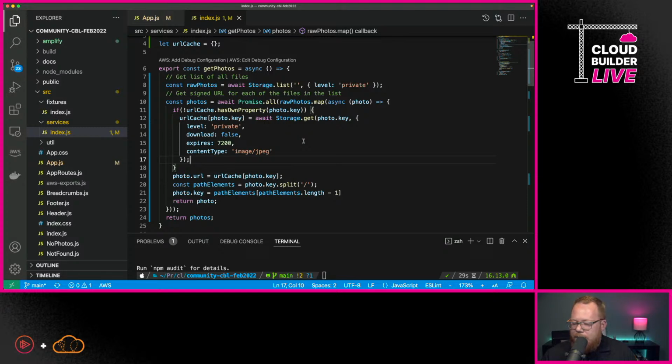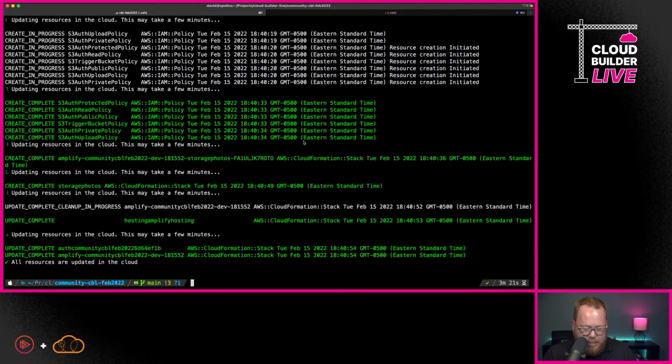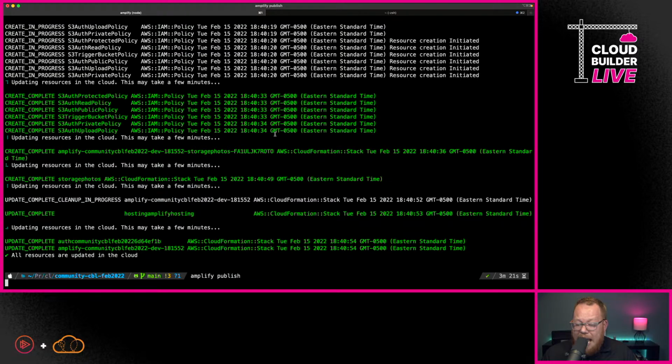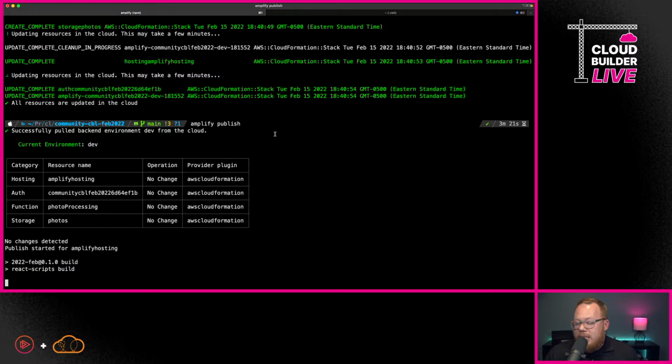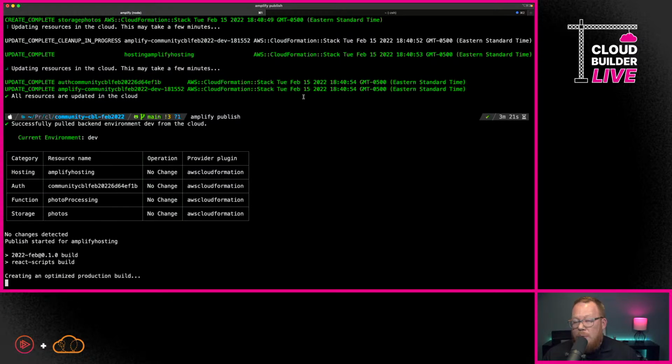So now that we have this in place, I'm going to be sure that all the files here are saved. We'll go back over here and we're going to type in amplify publish. And this will actually push this out. And if this works, what this means is that we'll be able to actually upload our own photos and we should be able to see them in the application. Now, we didn't implement one method yet, and that is going to be the get details for a single photo, because we're going to need to work with our custom Lambda function on that first. So we'll get to that in just a minute.